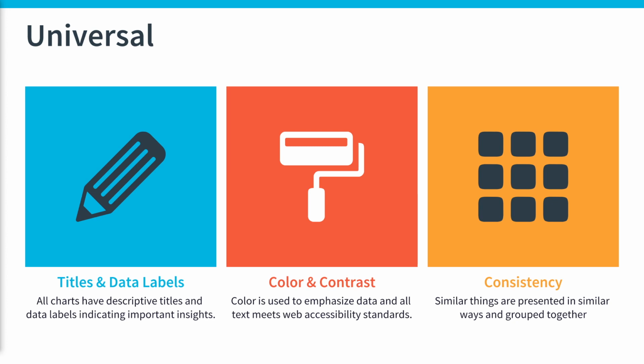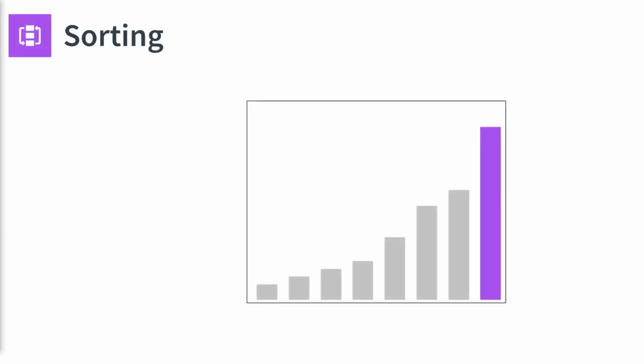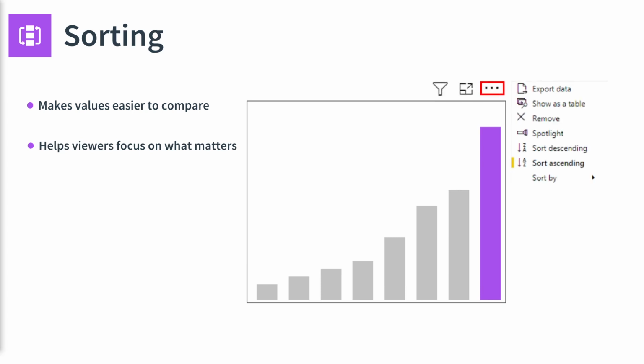aligning them. Most charts can be sorted. Sorting is important for visuals because it makes the data points in a visual easier to compare, especially in bar charts. This is important for helping users focus on the insights that matter rather than wasting time figuring out which part of a visualization is important. Almost all charts can be sorted in different ways by clicking on the three dots in the top right corner